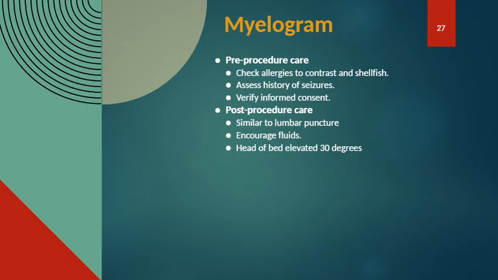A myelogram is a specialized diagnostic procedure used to visualize the spinal cord, nerve roots, and subarachnoid space using contrast dye combined with X-ray or CT imaging. It is typically performed when patients have symptoms such as severe back pain, numbness, weakness, or suspected spinal stenosis, herniated discs, or tumors. Because contrast is injected into the spinal canal, this procedure requires careful pre- and post-procedure nursing care